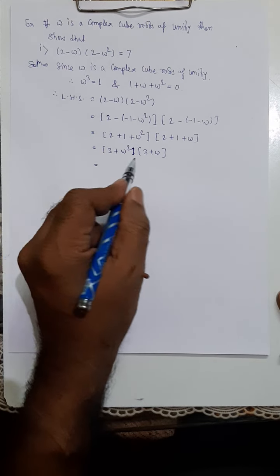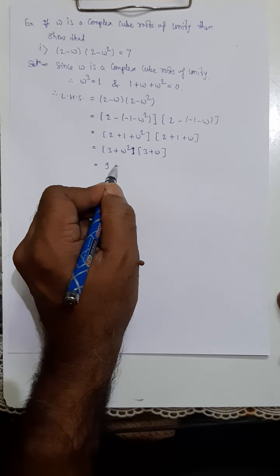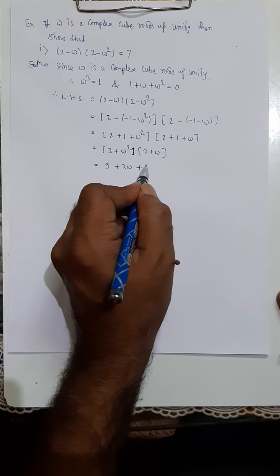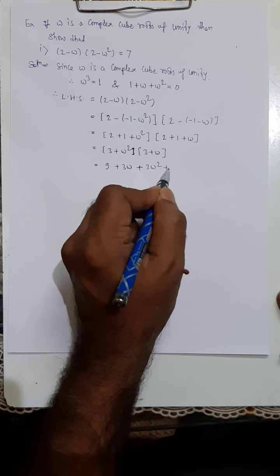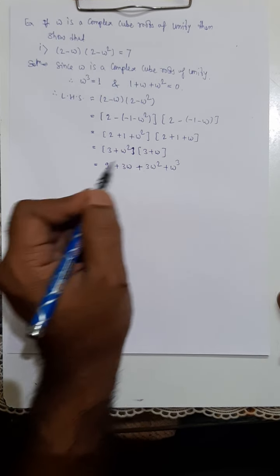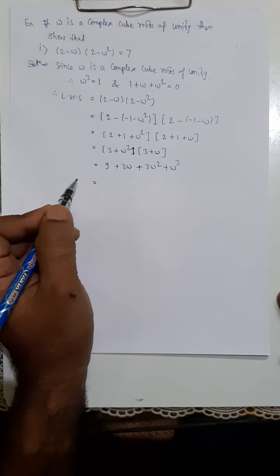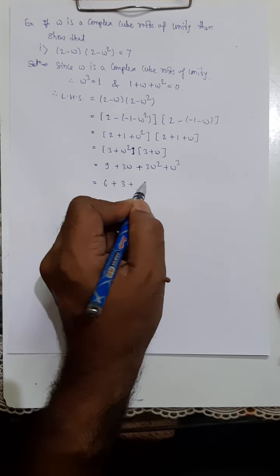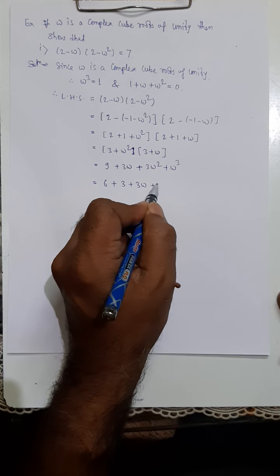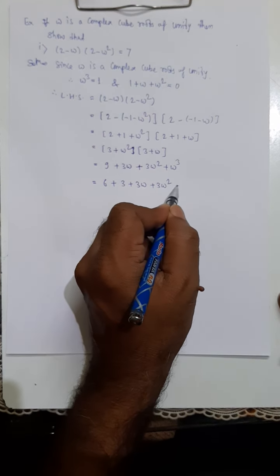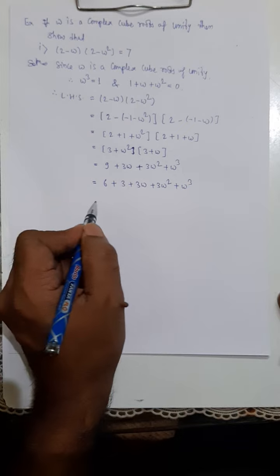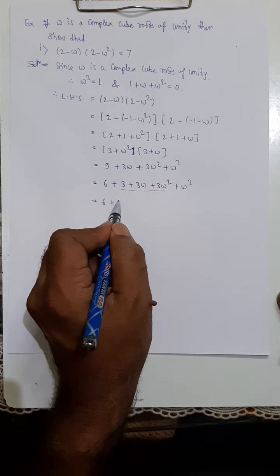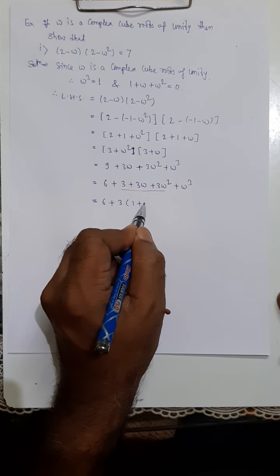Take the product. Multiply by 3 first: 3 into 3, 9, plus 3 omega, then multiply by omega square, that is 3 omega square plus omega square into omega, which is omega cube. So we can write this 9 as 6 plus 3, plus 3 omega plus 3 omega square plus omega cube. So it is equal to 6 plus, we can take 3 common from this, in bracket 1 plus omega